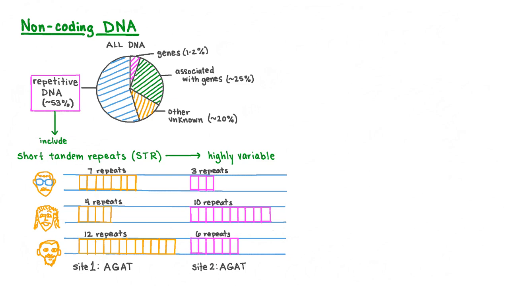How is this variation possible among individuals? Because these regions of DNA are so repetitive, the machinery that duplicates it at the time that gametes are produced is more prone to make errors, and thereby either increase or reduce the number of repeats of these sequences. These mutations, that is, the increase or decrease in the number of repeats, have essentially no consequences for the offspring as they affect non-coding regions, so they are easily accumulated during the production of gametes, and then passed on from parents to children. As a result, these regions can vary a lot among individuals, and create a very unique fingerprint for each of us.